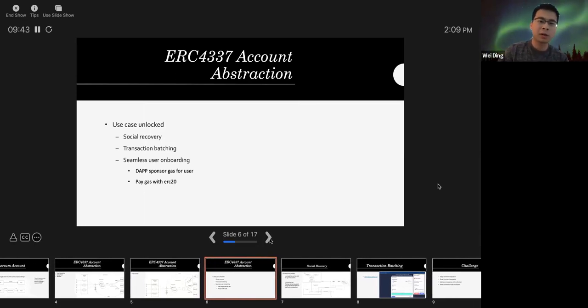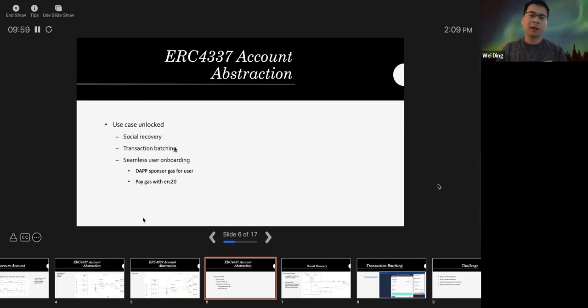With ERC4337, the smart contract wallet can unlock a lot of use cases like social recovery, because we can add custom logic, and also transaction batching, which is impossible in an EOA account.